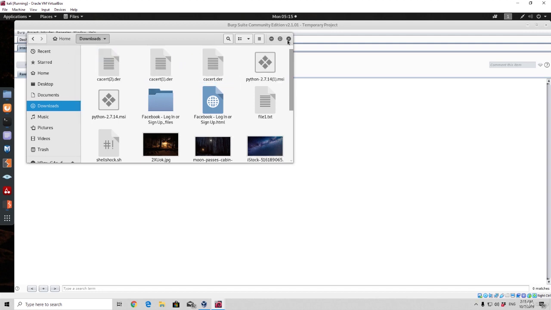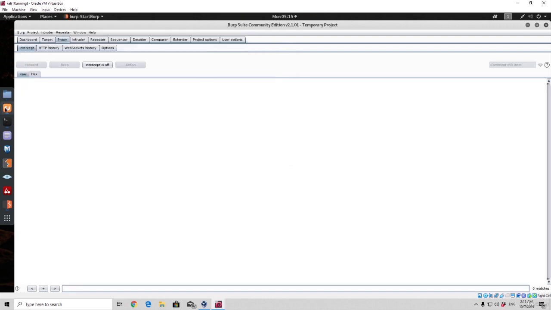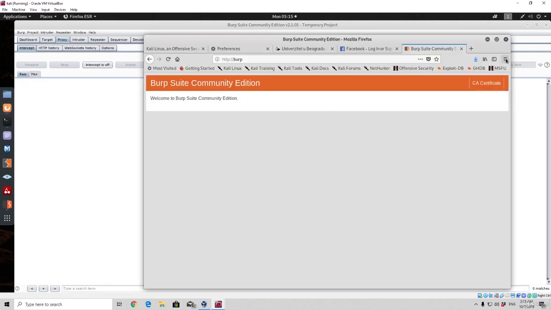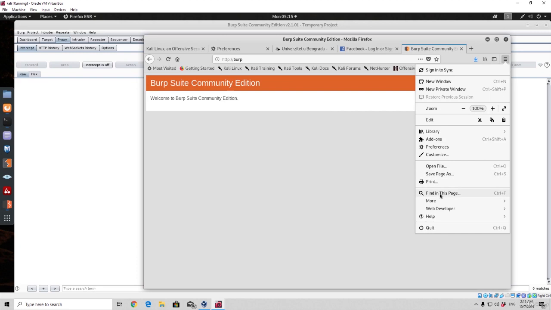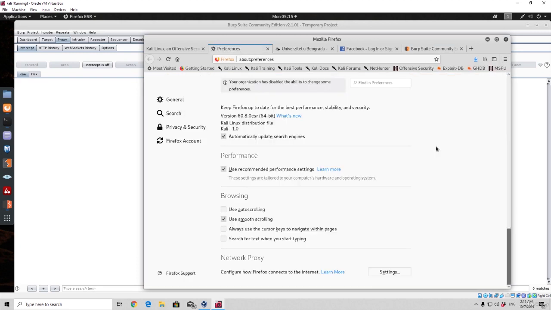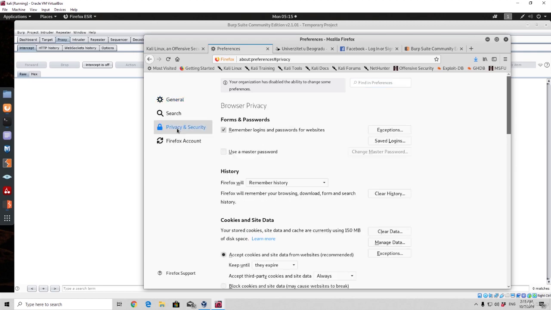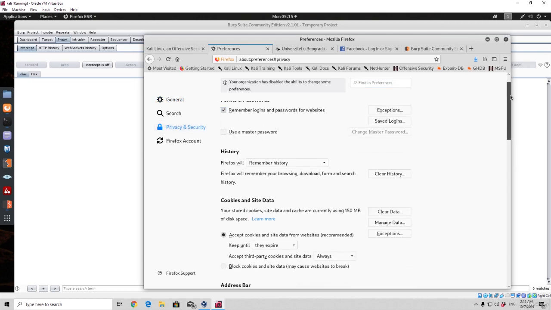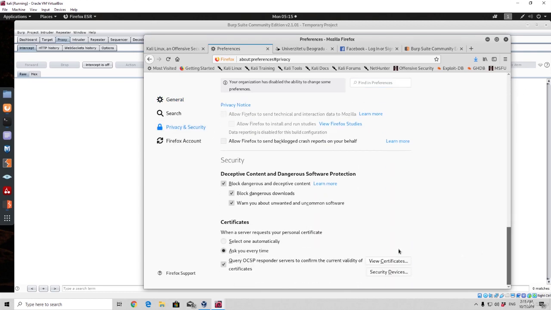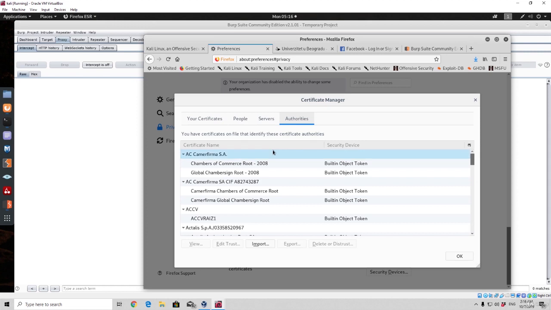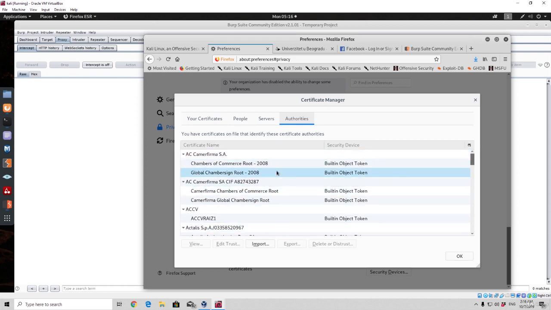And now, once you have it downloaded, you want to go back to your Firefox. You want to go back to the menu, so go to the Preferences. And instead of going to the General, right now we want to go to the Privacy and Security. Scroll all the way down and find the Certificates. In the Certificates tab, you want to go to the View Certificates, and here in the Authorities, you want to import the certificate that you just downloaded. So you go to the Import button right here,